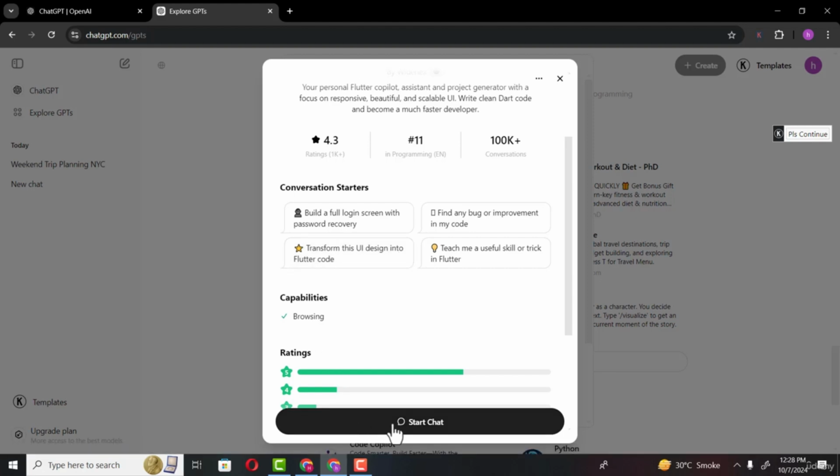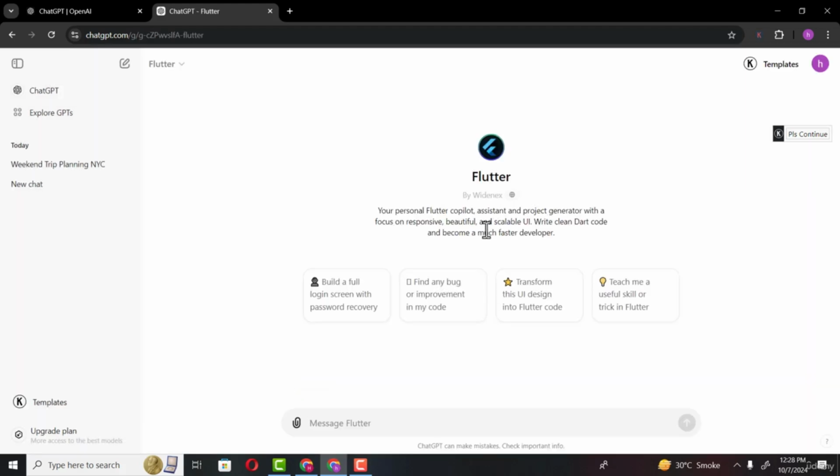So now let's start using it. Click on this start chat and it is going to open this GPT for you. So now here, whatever question you ask, it will be answered using this particular GPT, which is specialized